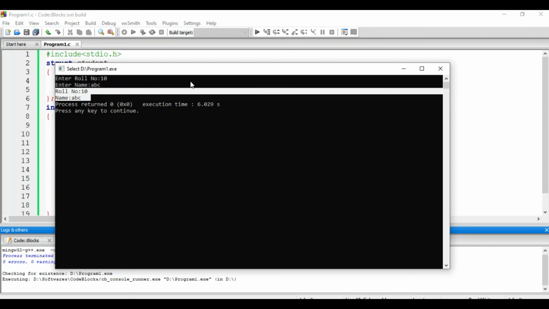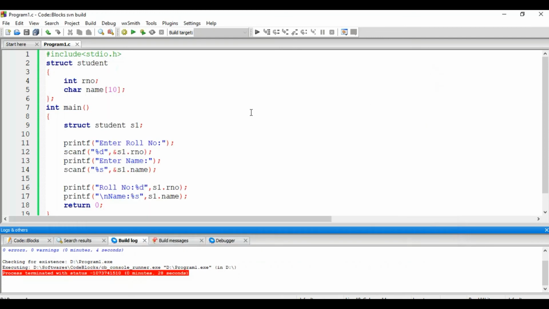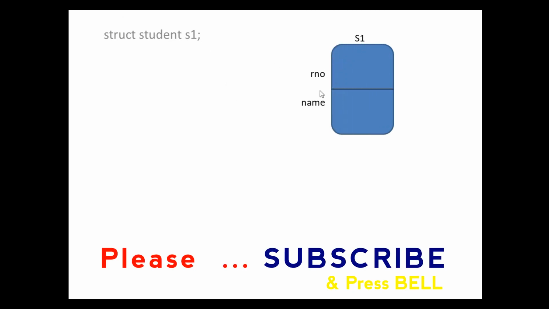Now let's understand how this program is actually running. Our first line in int main is struct student S1. As soon as this line is executed, the compiler will create S1 with its member variables roll number and name.